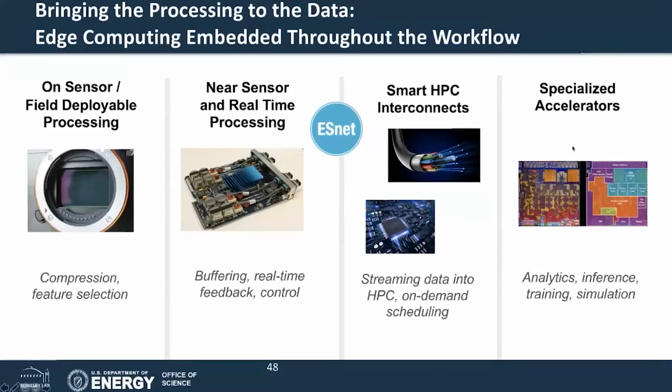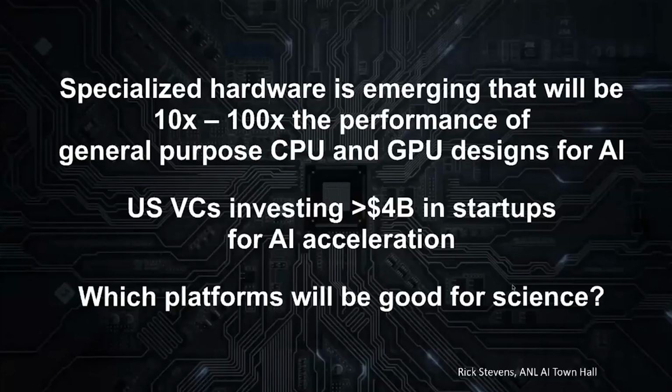And then much more special hardware accelerators used for analytics, for instance. We certainly hear about this in areas like autonomous vehicles, but I think we also need to think about what types of hardware we are going to need for some of these types of devices in science. So specialized hardware is emerging that's going to be an order of magnitude or more faster than